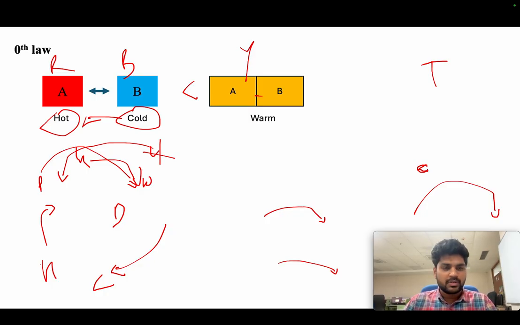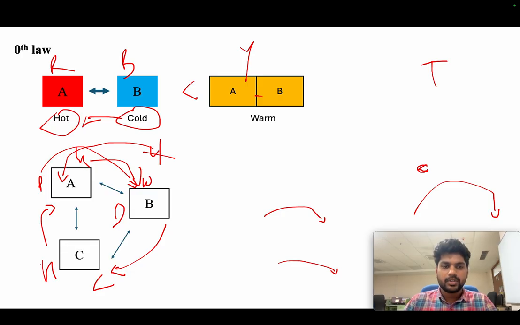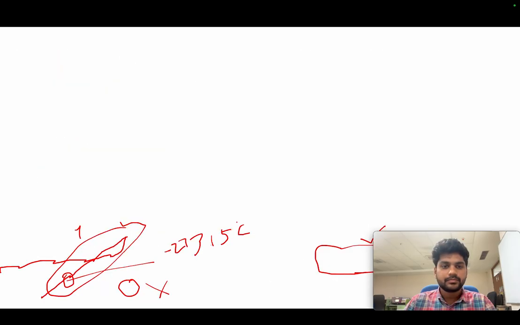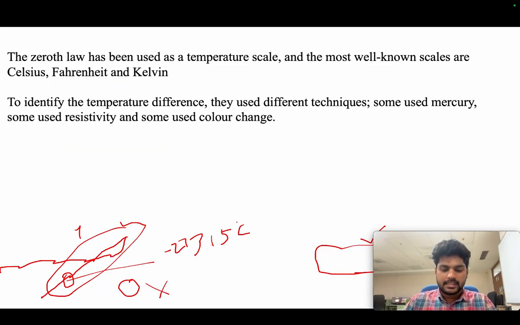It all starts from the thermodynamics first law, where the cold body takes the temperature from the hot body. So that's what I showed in the down example ABC. Further, the Kelvin Celsius scale was initially developed with two reference points. One is 0 degree Celsius, which is the melting point, and then he has taken 100 degree Celsius, which is the boiling point, and he has done